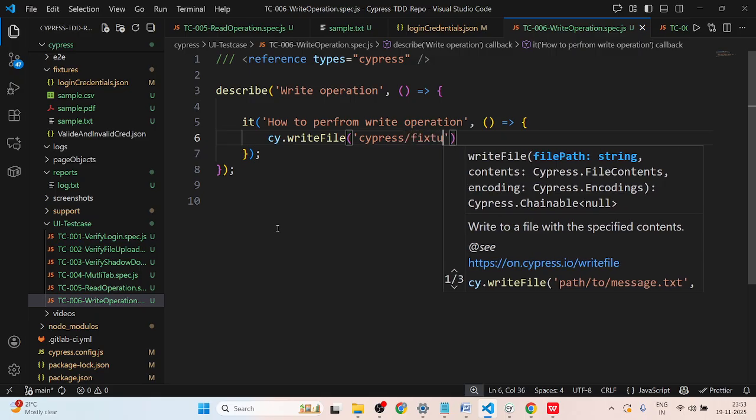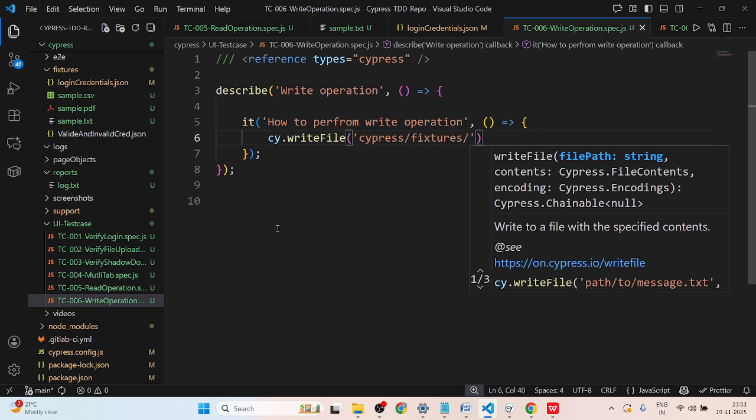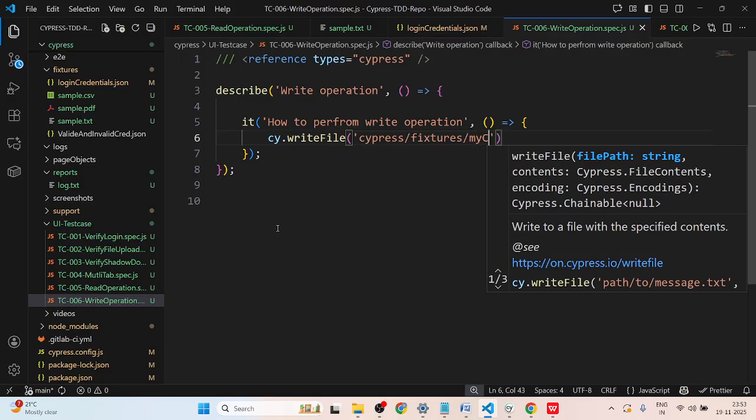I will create it under the fixtures folder, and under that, suppose my credential.json. So it will create a myCredential.json file inside the fixtures folder. Okay, so what exactly do I want to write in that file? Okay, so comma, I want to write